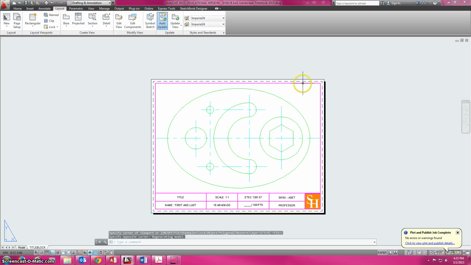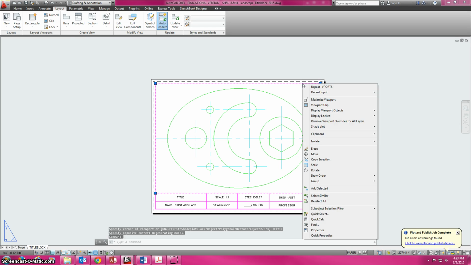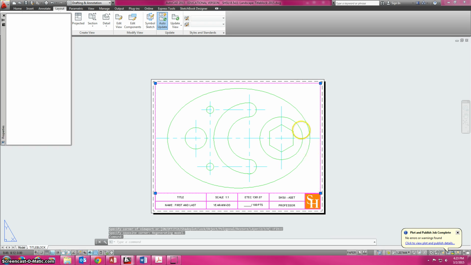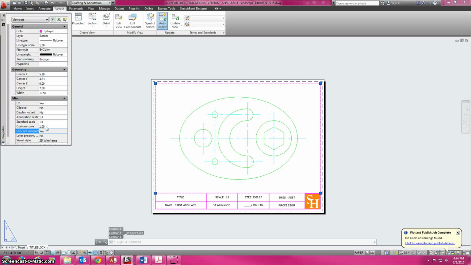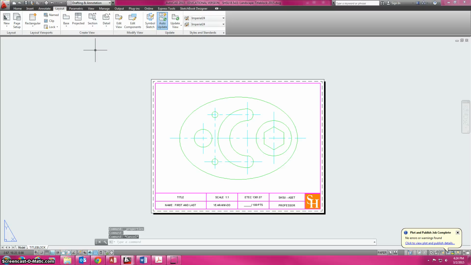And now I want to make sure it's exactly the right scale. So I move my mouse and carefully click on this. Then I right click and go to properties, and I look for the scale, because right now the custom scale is 1.21. We want a plain 1-to-1 scale. And then I can exit out of this. I hit the escape key to get out, and now it's perfectly centered. Alright, the next one I'm going to show you how